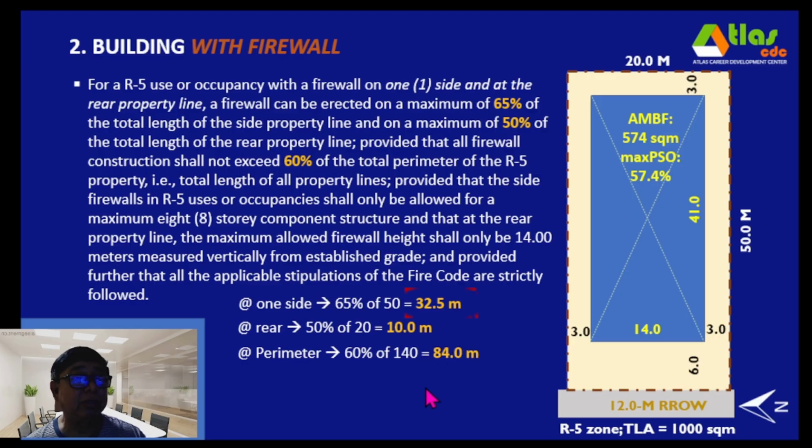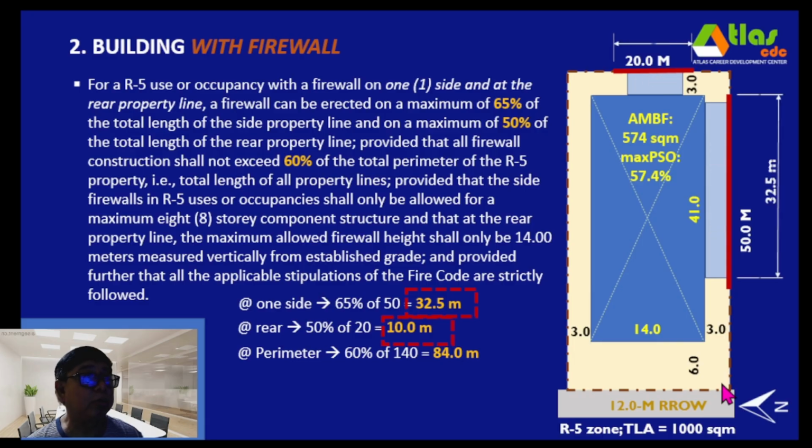So it means ang susundan natin, the more stringent one is 32.5 at the side, and at the rear will be at 10 meters. And those dimensions are smaller than the dimension of the building. Okay, so we look at one side, which is 32.5, and the rear is 10 meters. And we have to consider the extension of 0.6. We have to deduct that extension of 0.6 to get the area of this light blue additional floor area,